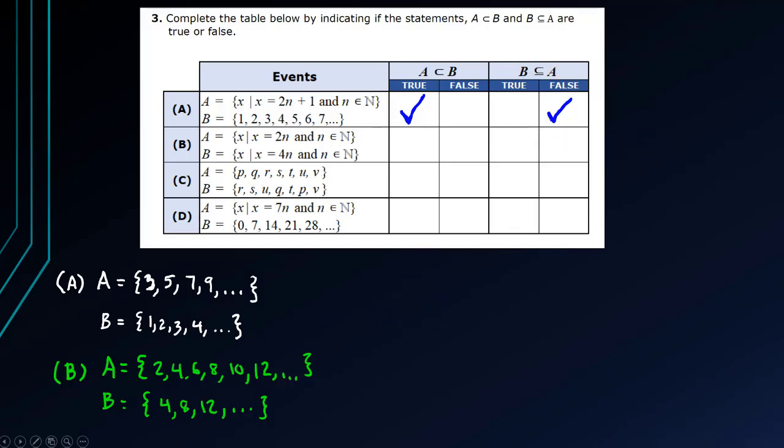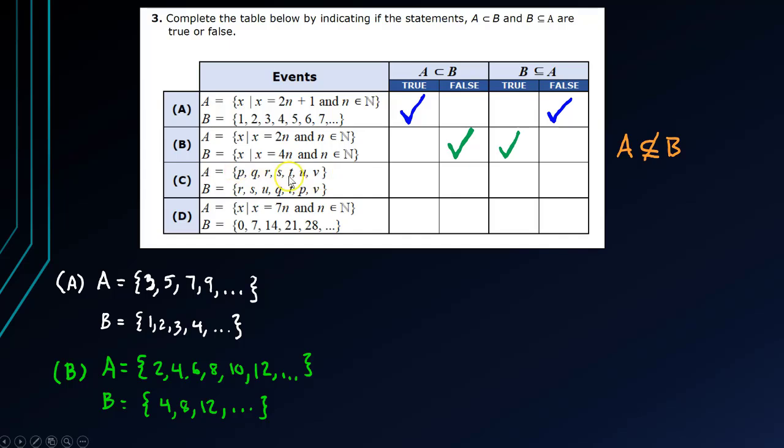So as far as the columns go, I can say here that A is not a subset of B at all. So if A is not a subset, then A cannot be a proper subset. So that's going to be false. But B is a subset of A. That is true. For C, I have A being this roster, which are P, Q, R, S, T, all the way up through V,